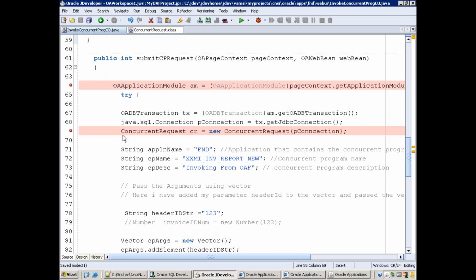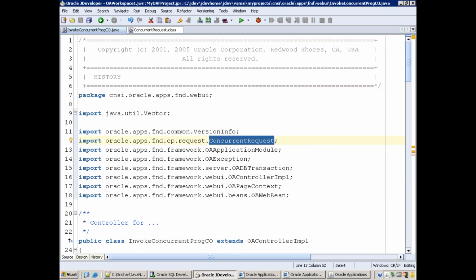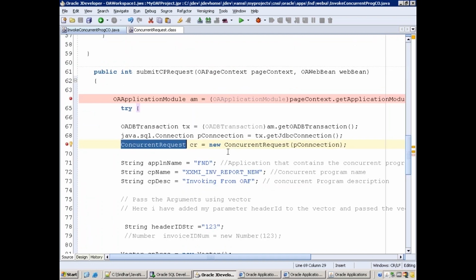Now this is a major API, concurrent request. The class name is concurrent request, and this is a part of Oracle Apps FND CP request, concurrent program dot request, and in that we have this particular class. Now in this one, we are calling the constructor with the connection information, line number